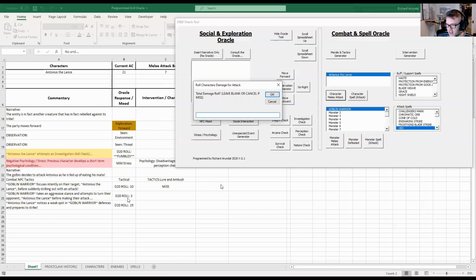Oh, that's going to hurt. Okay, so Antonius notices a weak spot in the Goblin Warrior defenses and prepares to strike. And with a 19, that is going to ruin his day. Okay, so at this point, they're definitely going to roll damage because just a 19 will hit the armor, but